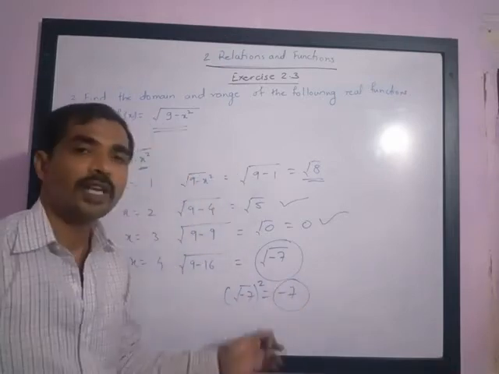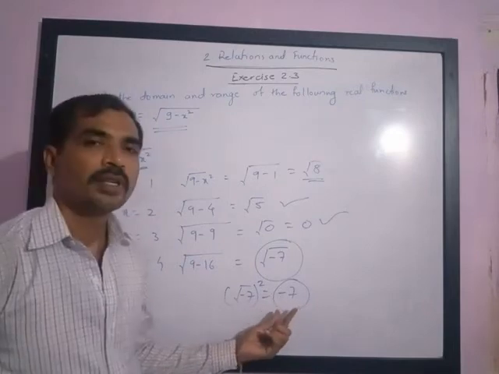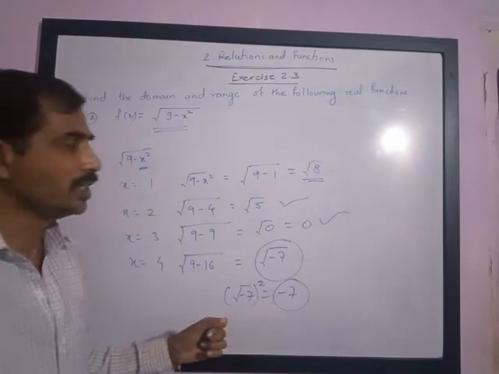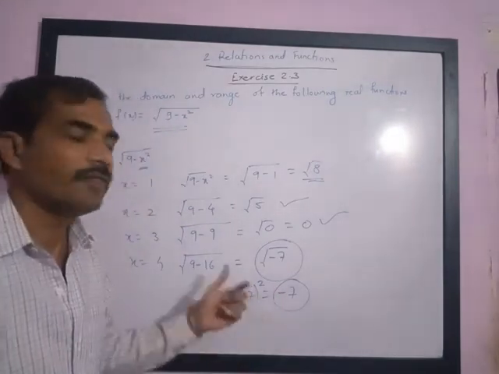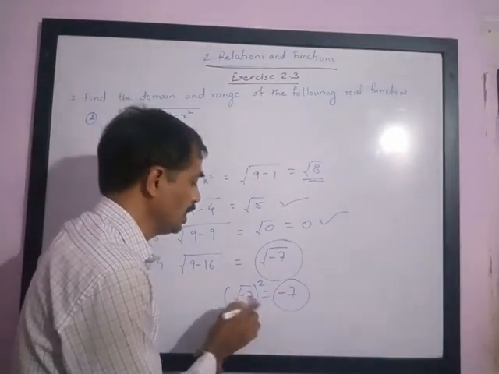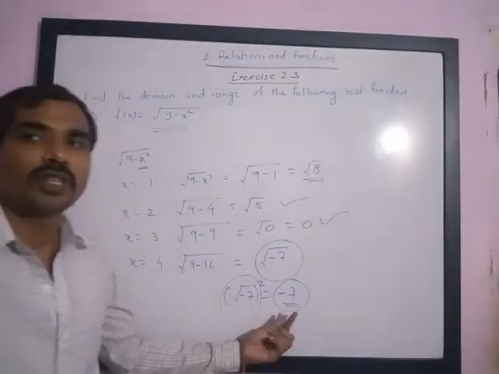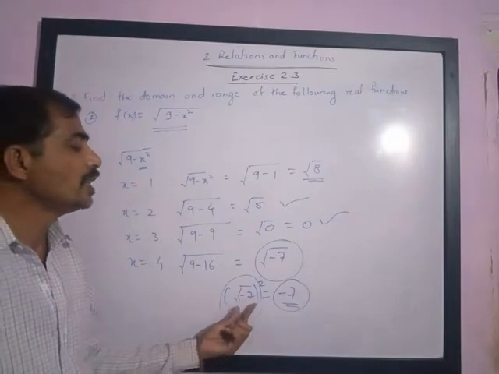Now, we have studied, use your pre-knowledge. The square of any real number is always positive, it is never negative. So here we are getting the square of some number as a negative, hence it doesn't exist. So this number is not a real number.